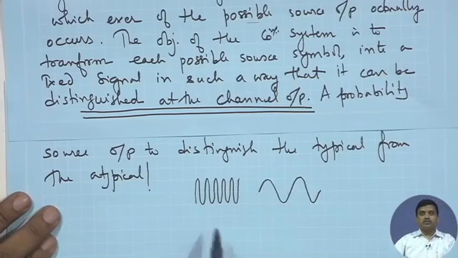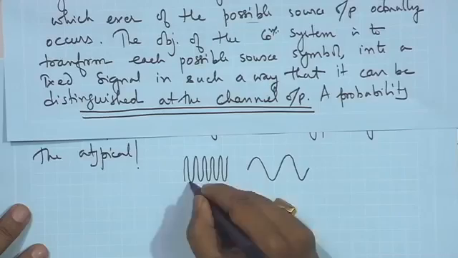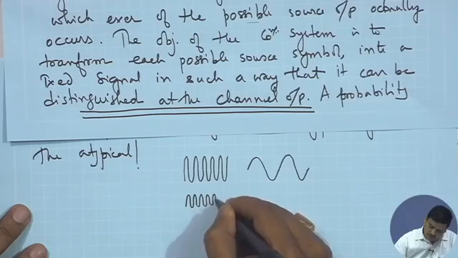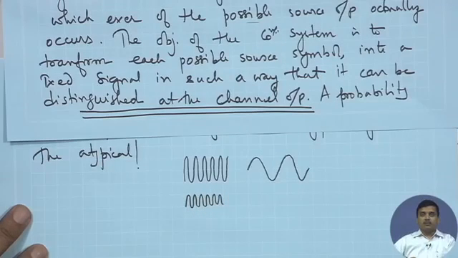I should be able to distinguish based on the frequency. If I am using this as 1, I could use this as 0, distinguishing it by the amplitude. Then we could also use the phase information, but the way we should do it is that we should be able to distinguish. If we are not able to distinguish, that means we are going into error,